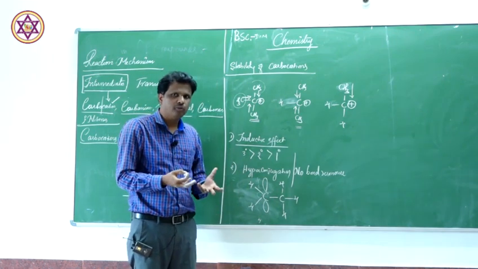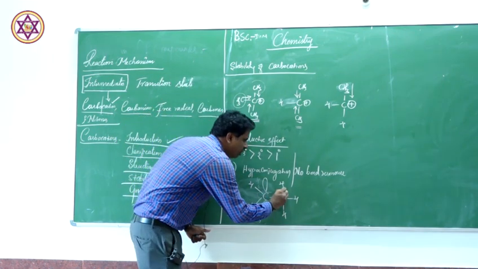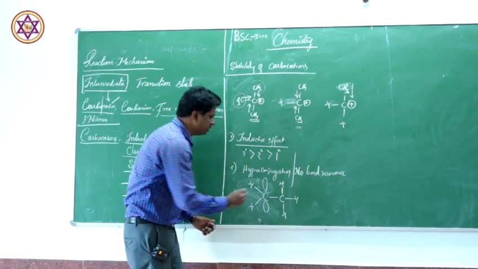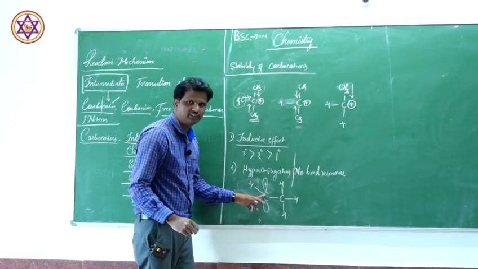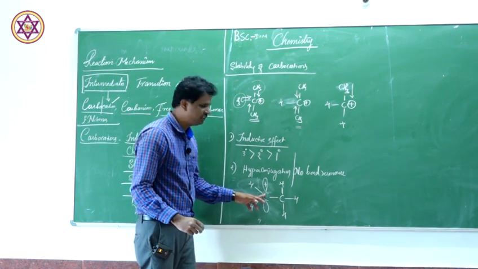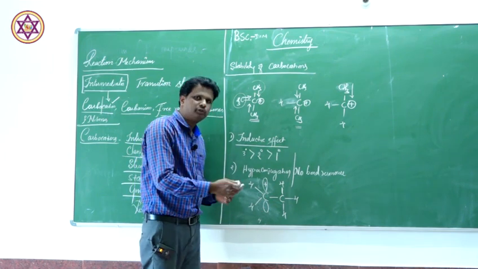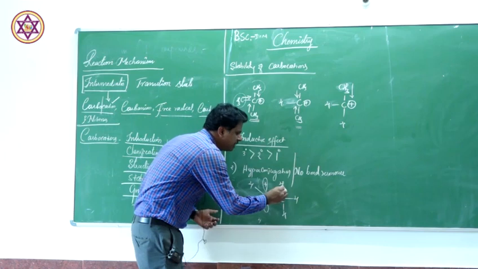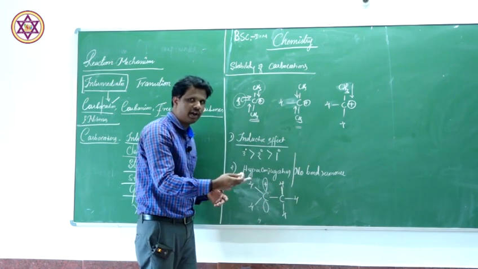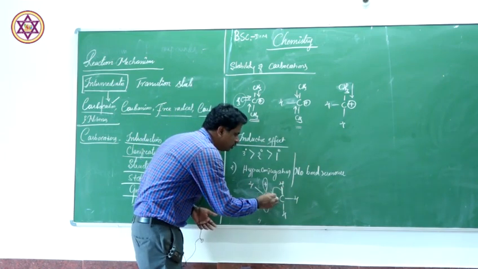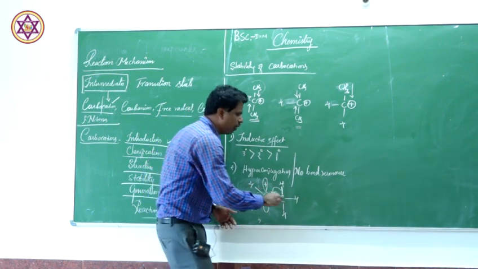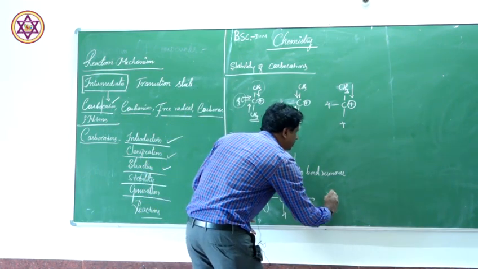For a short period of time, what happens? This sigma bond here is there, no? There is a positive charge here. This carbon has a positive charge, which means it has an empty vacant p orbital. For a temporary purpose, these sigma electrons on the neighboring carbon atom will come here to balance this positive charge. So you can write that here like this.